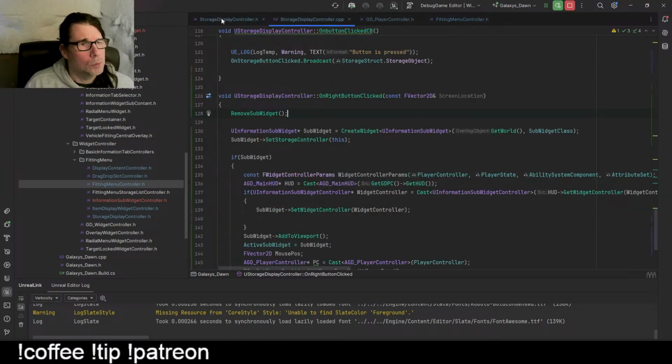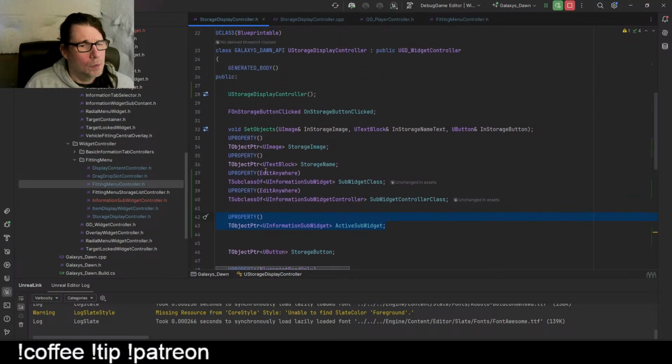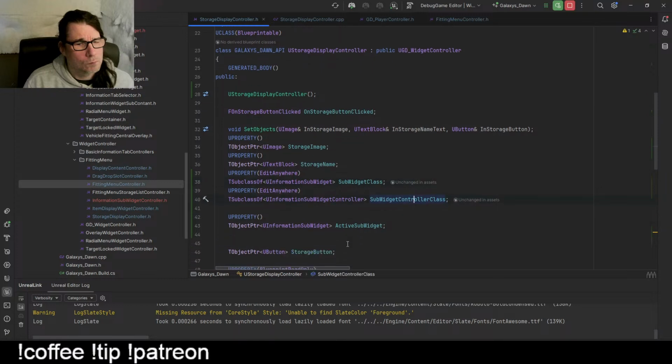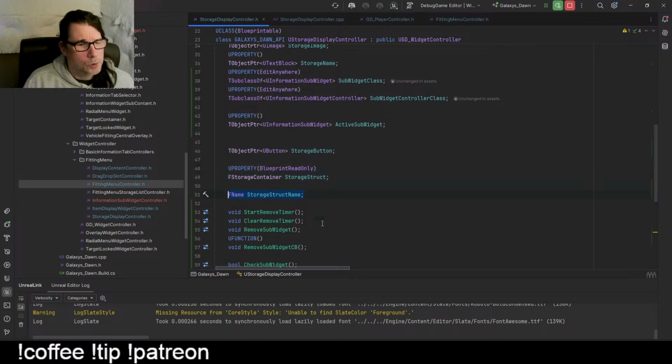Fitting menu controller. Do I have any type of